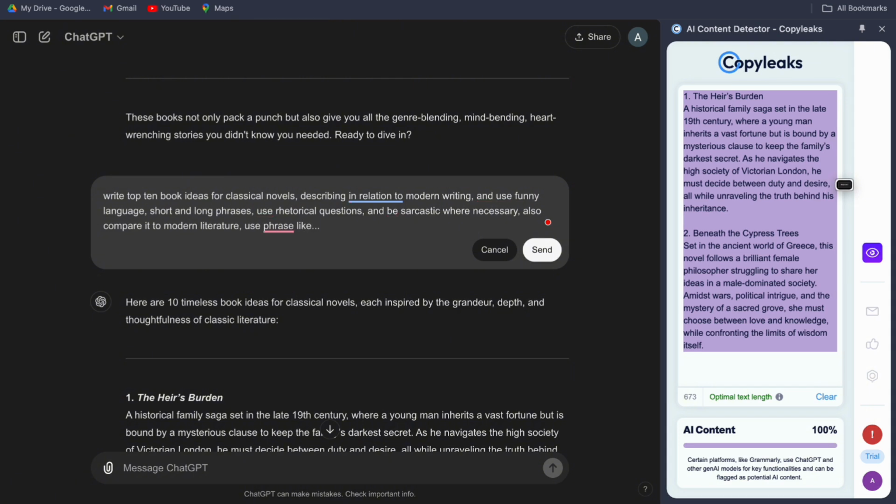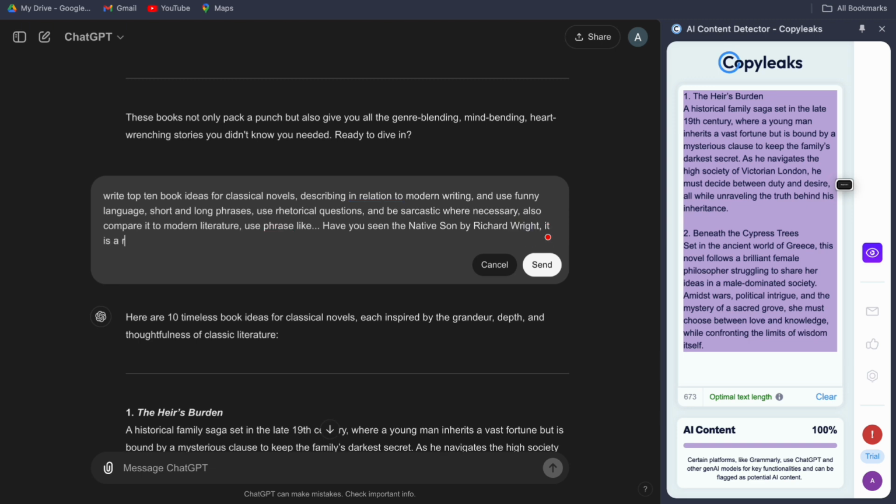Have you seen the book Native Son by Richard Wright? It is a reflection of so novel, and when I started reading it, tell it to apply, that is, apply personal